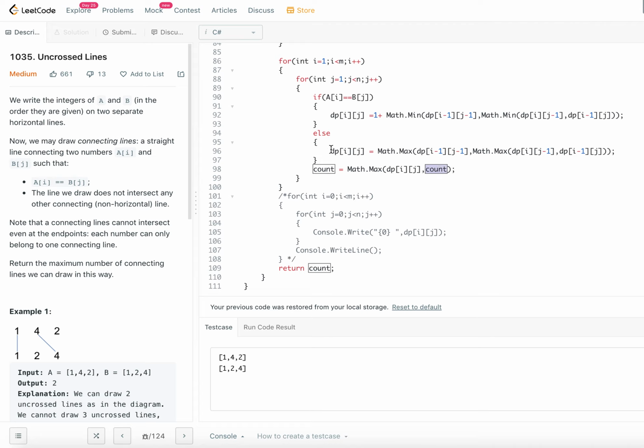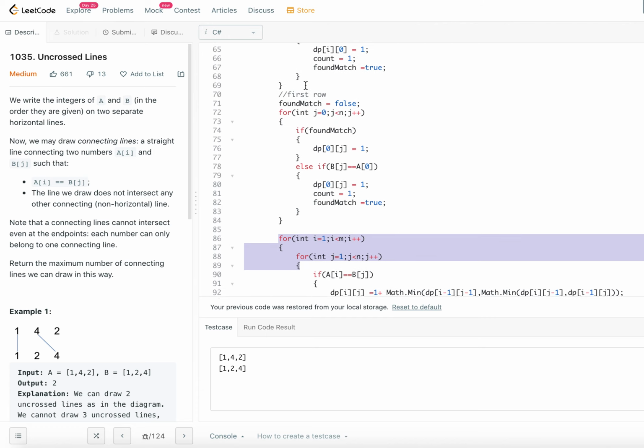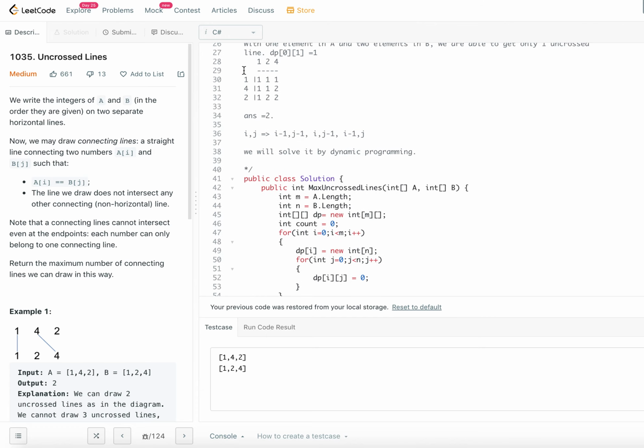At the end you return the count once the two for loops execute through the m by n matrix, just like in this example, where we filled the entire thing and came up with 2 as the answer.